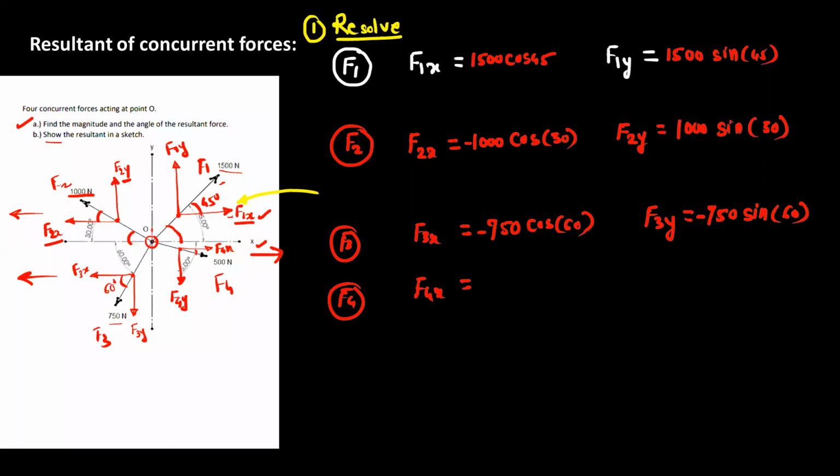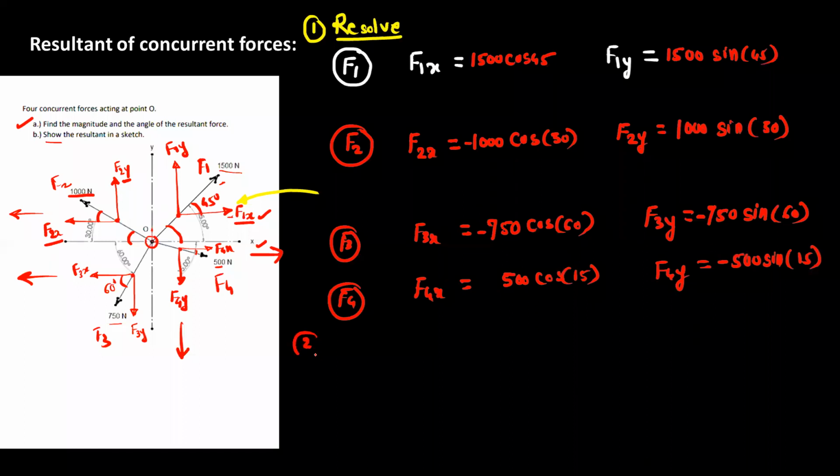Okay. So F4x, that is the x component of 500 Newton, is adjacent to angle theta. So net is 500. Adjacent means cos. Angle is 15 degree. Okay. And it is positive. F4y, it is negative y direction. Okay. And it is opposite to angle 15 degree. So it is a sine. So force is 500. Opposite means sine. Angle is 15 degree. And this is negative because negative y direction. Okay. So in this way, you can write the component along x and y direction.